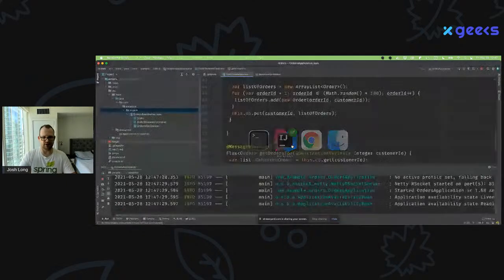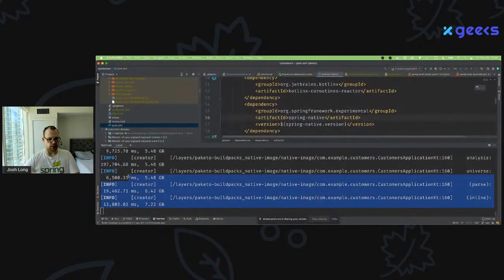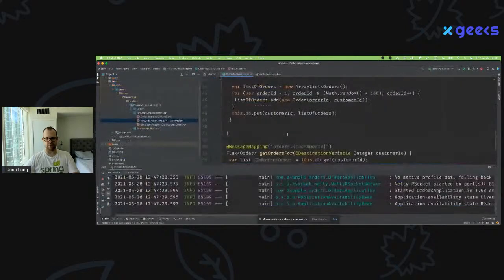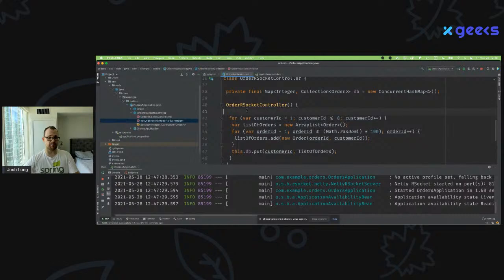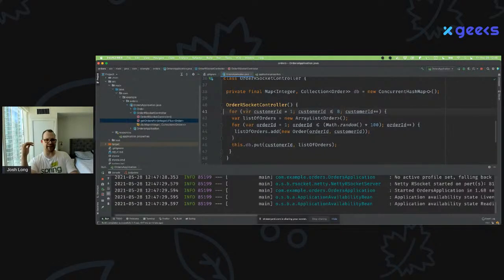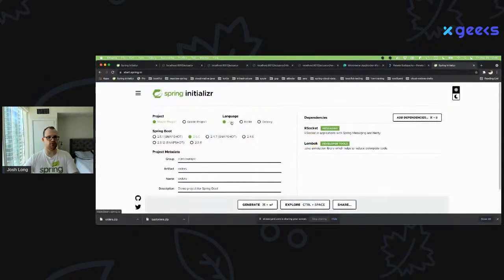Okay, so now we have this. Let's go check on this. Is this almost done? Almost there. It's still compiling. This takes a long time. GraalVM is very, very slow because remember, it's not compiling just your source code. It's compiling everything on the classpath as well. So okay, we've got an RSocket service. We'll soon have a customer service. Let's now build one more service.